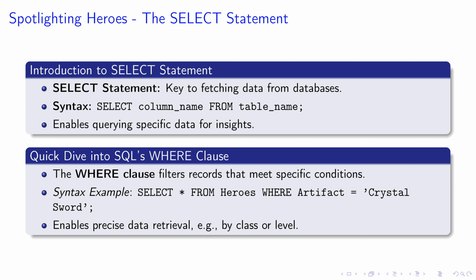For instance, if we want to find heroes with a specific weapon in our database, our command should read something like this. Select throw from heroes, where artifact equals crystal sword. By using both select and where, we can now fetch any specific data we need for efficient and focused database